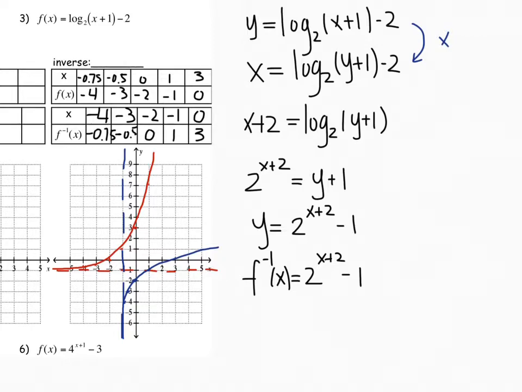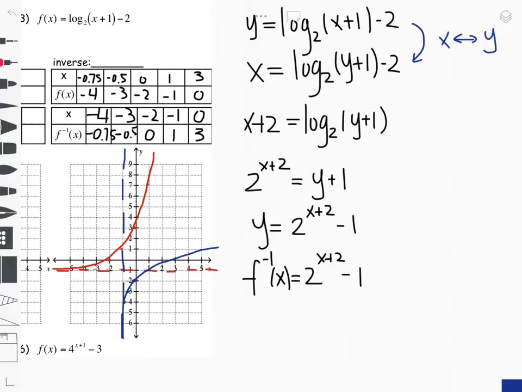So this step you have to remember. You have to switch your symbol from x to y, y to x. Then you solve for y. So following the step, you can see I'm rewriting into exponential form and then subtract 1. So our final inverse function is going to be